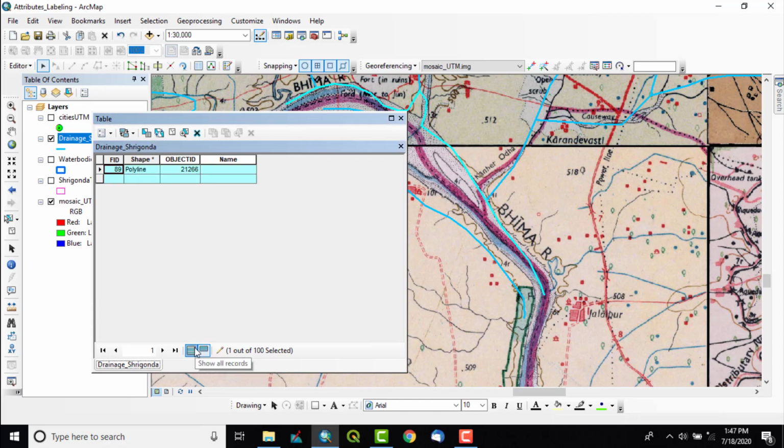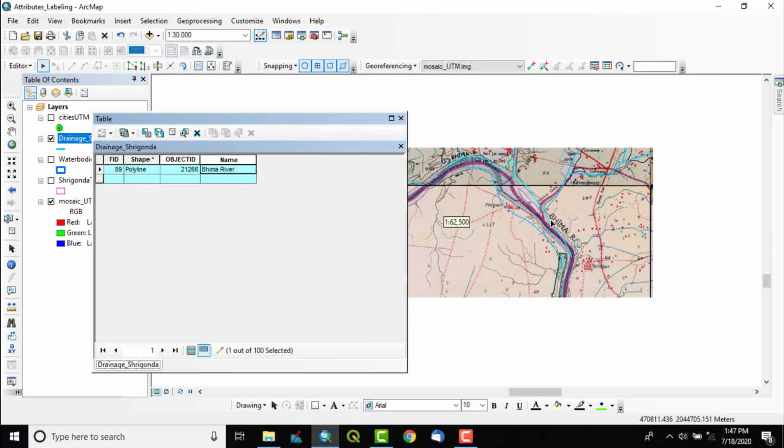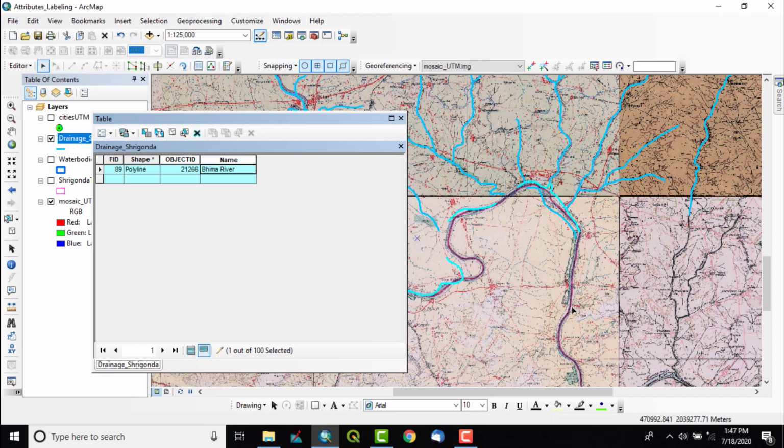So automatically only the record which has been selected is visible. So this is Bhima river. Just double click and type Bhima river. Then where is the next river? Let us find.